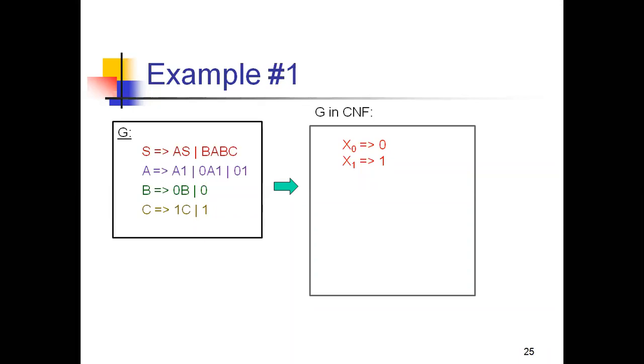And are there any unit productions? Unit in the sense A tends to B, like capital A tends to capital B. Just by seeing the given grammar, we can recognize whether there are any units or not. No unit productions are there. We do not have any such productions in the given grammar. Now, the third one is you need to check whether every variable is deriving, that is, whether every variable is generating strings. Let's check it out. This takes some time. Is S deriving a string or not?